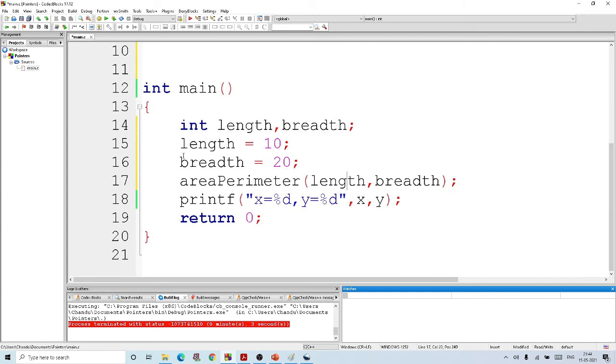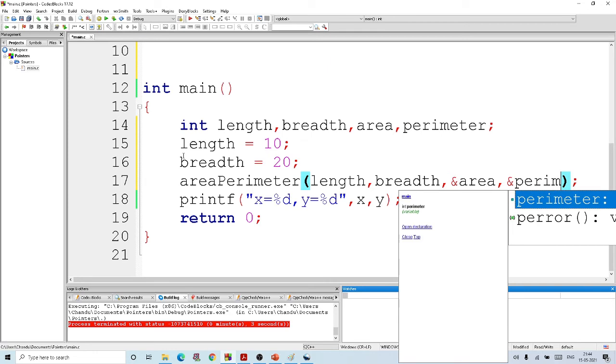Along with length and breadth, we can have two more variables, area and perimeter. Now instead of passing area and perimeter, we'll pass their addresses: the address of area and the address of perimeter.